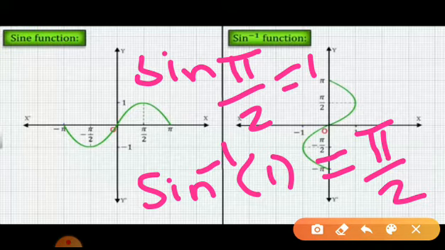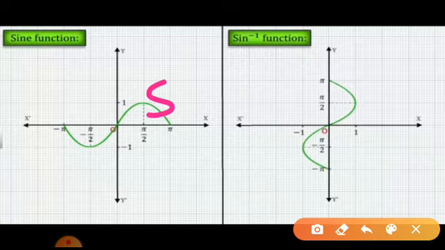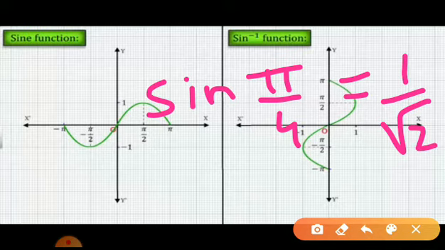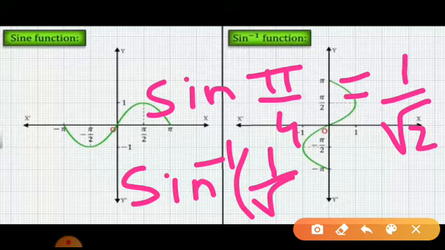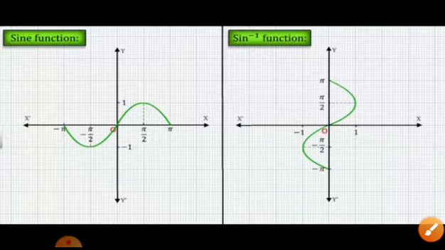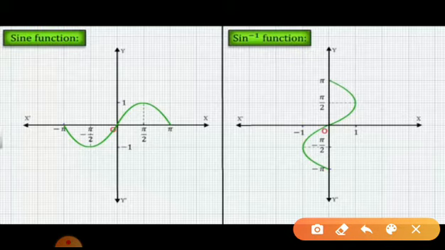Is this clear? Okay. Again, sine 45, that is sine pi by 4, is what? It is 1 by root 2. That means my sine inverse of 1 by root 2 will be what? It will be pi by 4. Clear? So using that I can plot the values, and you will get the sine inverse function as